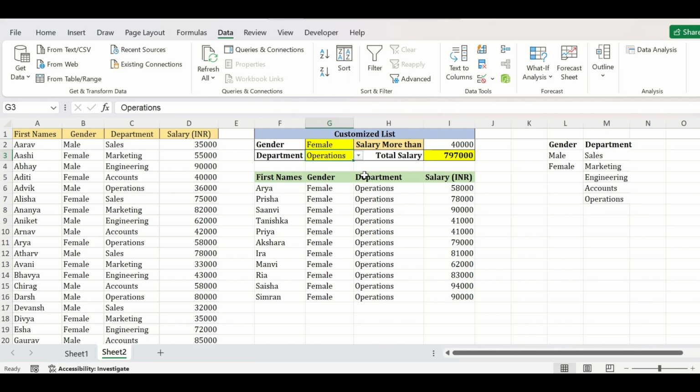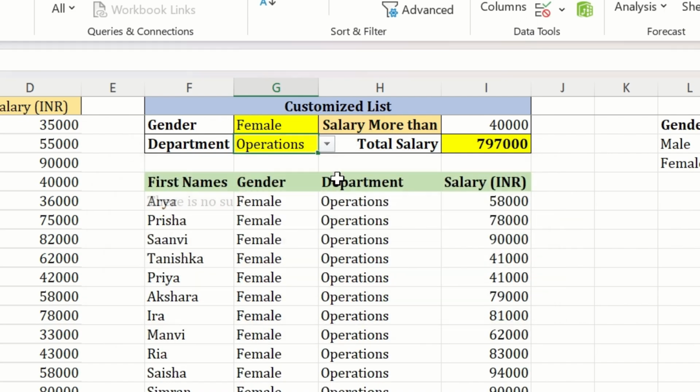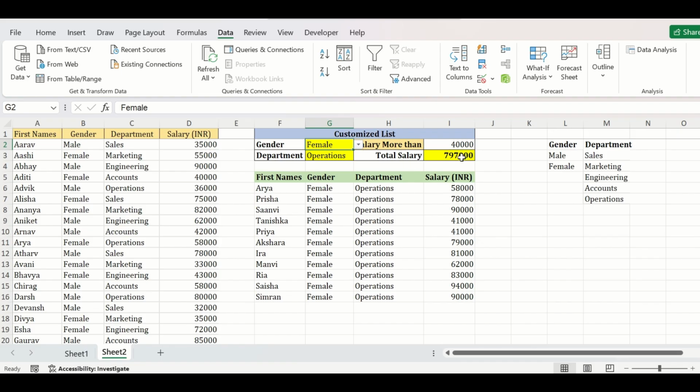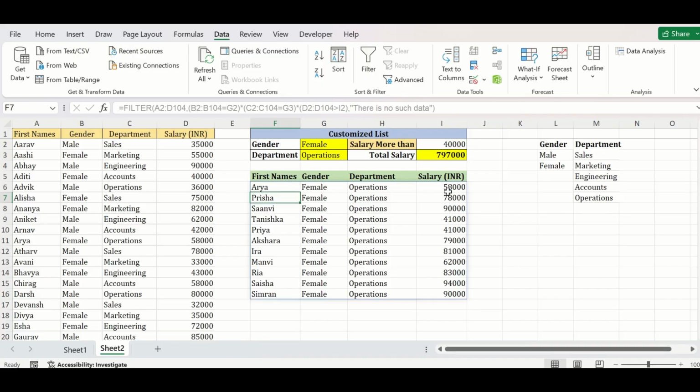Now if you want to put something else which is not in the drop down list, for example you are typing here, then Excel will show you this error message and you will not be able to type anything else. For displaying the total salary, I have put one simple sum formula here. Now this data is unsorted, and if you want that this table will be also sorted based on some criteria,